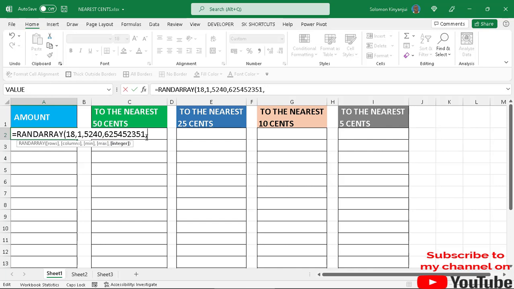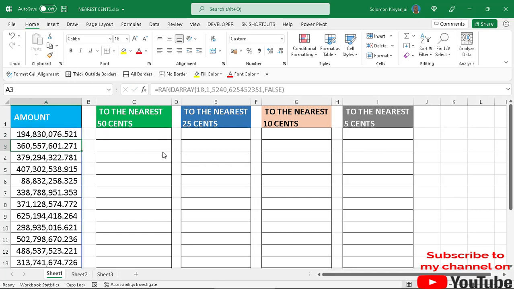Then comma. So we shall use decimals. So then I take that one to be false for decimals, then close the bracket and then enter. So that gives us the amount